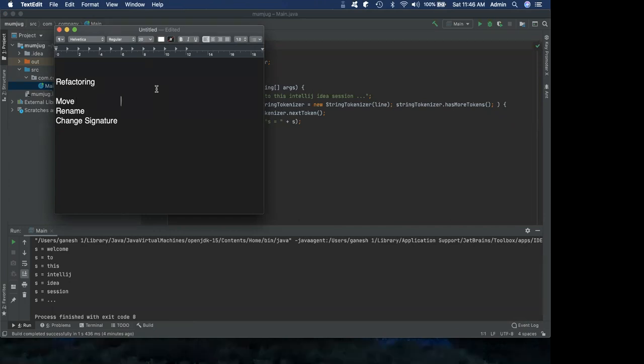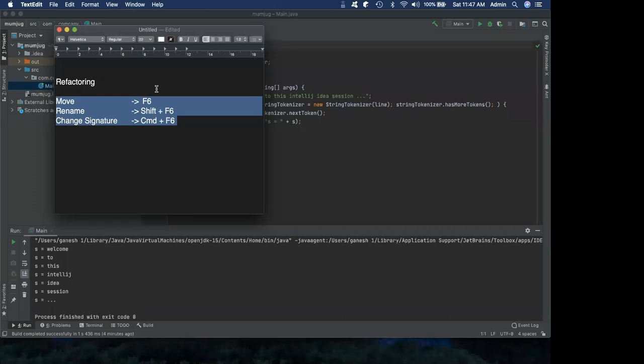What is interesting about the IntelliJ shortcuts is you need to remember only one thing to do all of this. You have to just type F6 for move, for rename you do Shift plus F6, and for change signature, I need to do Command plus F6. So this is quite powerful because remembering the shortcuts is actually quite intensive, right? And unless you keep practicing it, you tend to forget it. So the better idea is remember as little as possible.